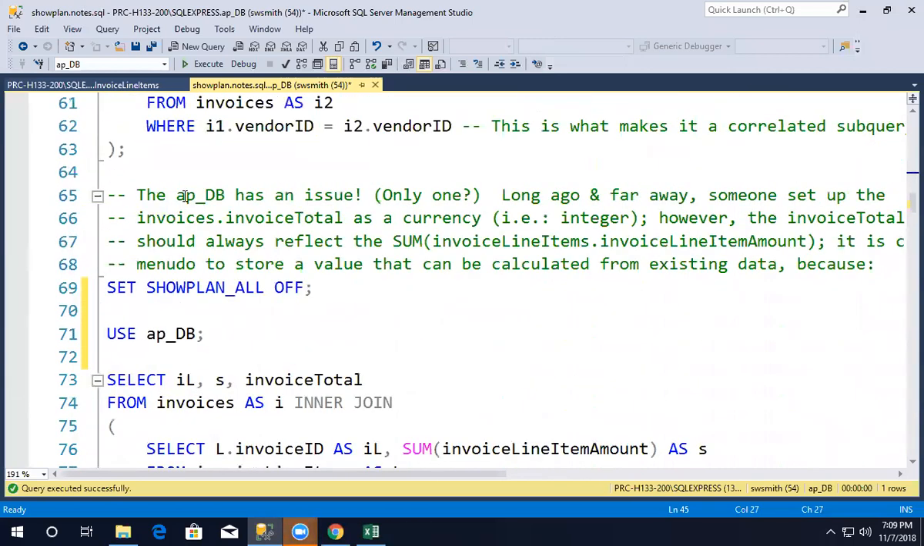Okay, we're going to go on a little bit further. And we talked about this. This database has an issue. Someone set up the invoice total as a currency field. However, the invoice total should always reflect the sum of invoice line items. And this is a problem. We never store a value that can be calculated from existing data because,